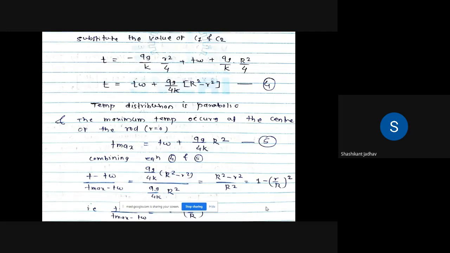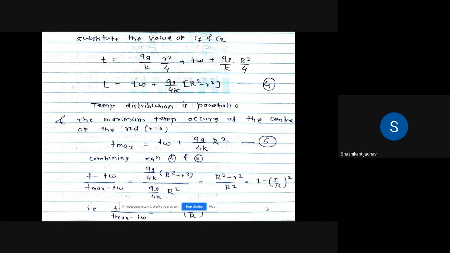So what is the other formula in the electrical system? Power is equal to V square by R. Voltage is given, but we don't know the value of resistance. How to calculate the resistance in the electrical system? Resistance is equal to rho into L divided by area. Rho, that is resistivity, is given, length is known to us, and area is easy to calculate. So by using that, we calculate the value of resistance.